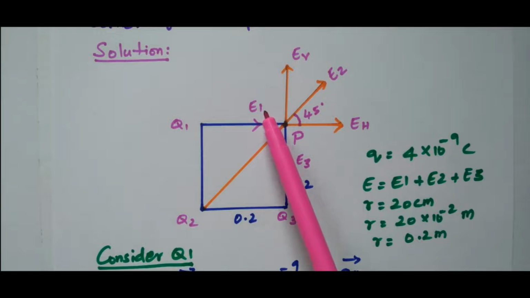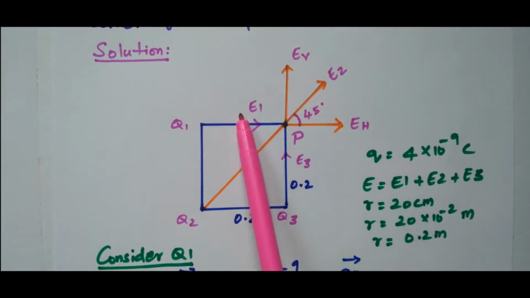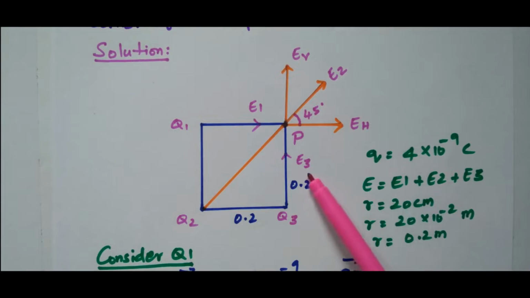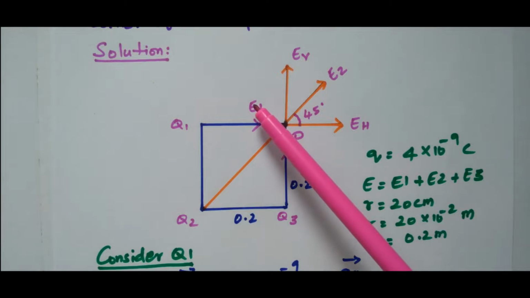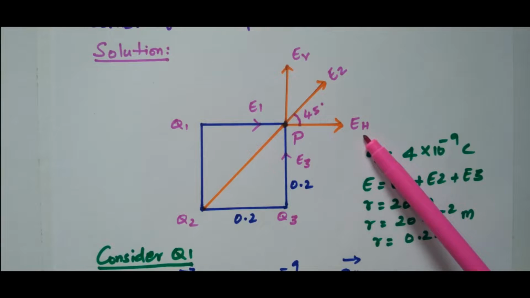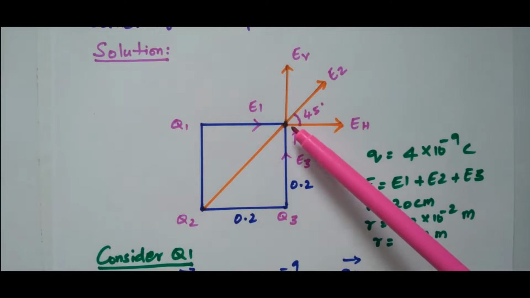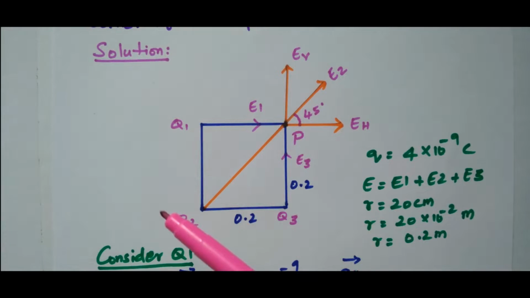E1 is available, E3 is available, EV is available, EH is available. This E1 and EH, these two are horizontal components. E3 and EV, these two are vertical components. Like that we can easily find E1, E3, EV and EH. So by adding all, we will get the total electric field intensity at point P due to Q1, Q2 and